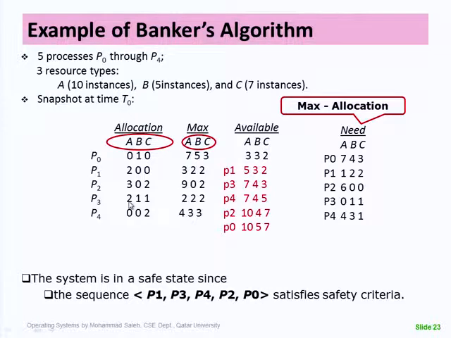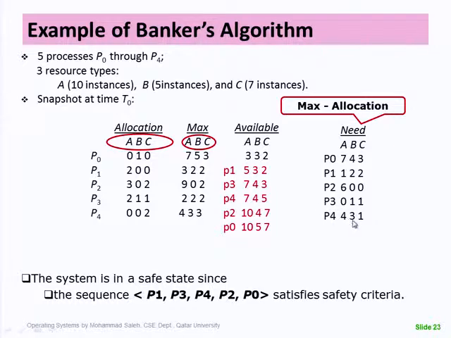P3 was using 2 instances of A, 1 instance of B, and 1 instance of C. That will be added to what we currently have in here. And you assume that P3 is finished, and by that, we get 7, 4, 3. Now, having 7, 4, 3 resources of types A, B, C, respectively,